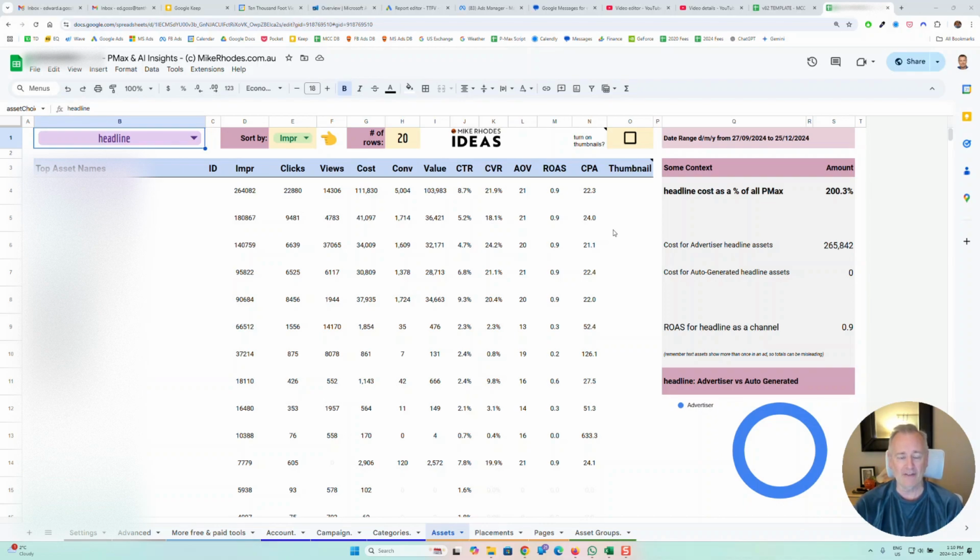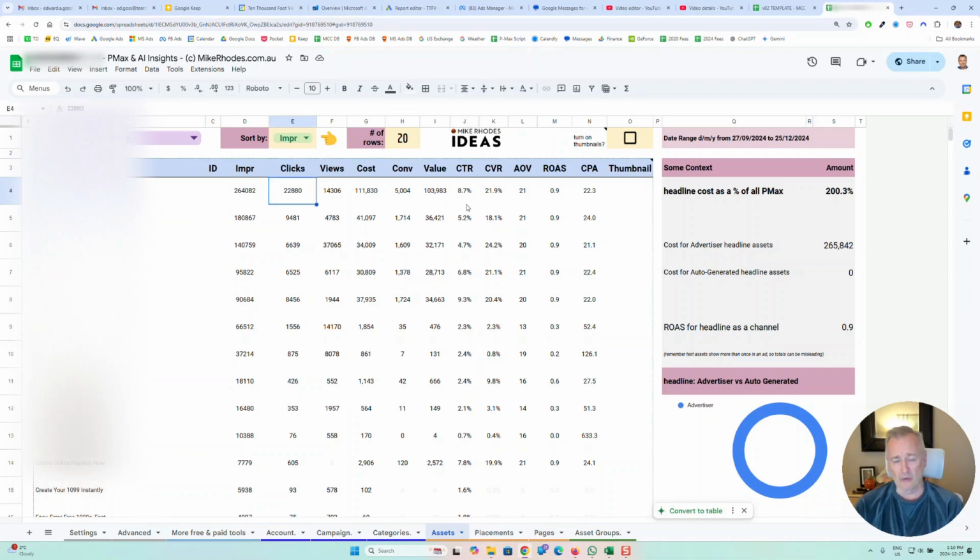And when I say assets, I mean headlines, descriptions, images, logos, and long headlines, I think is the last one. And video as well.